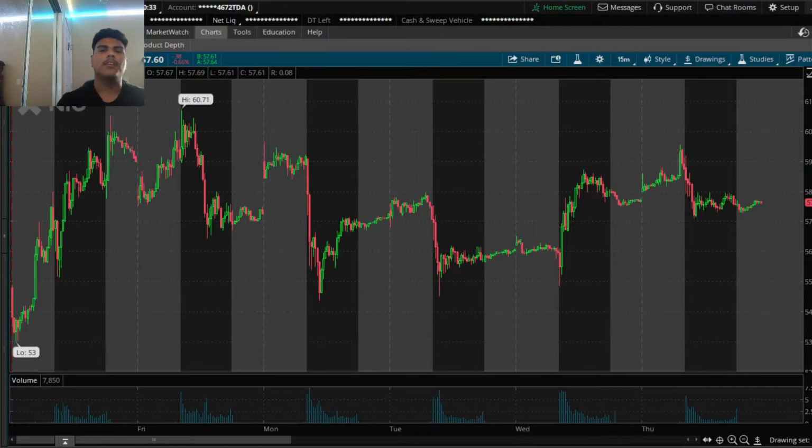In today's video, we're going to be talking about support and resistance lines. Now, most of you are probably used to trading on Robinhood, so I will provide some photos on Snapchat and Amazon as an example of some support and resistance lines. But for this tutorial, I'm going to do it on TD Ameritrade just because I use that to day trade